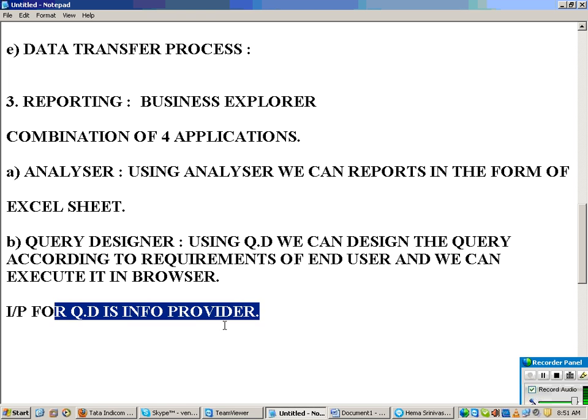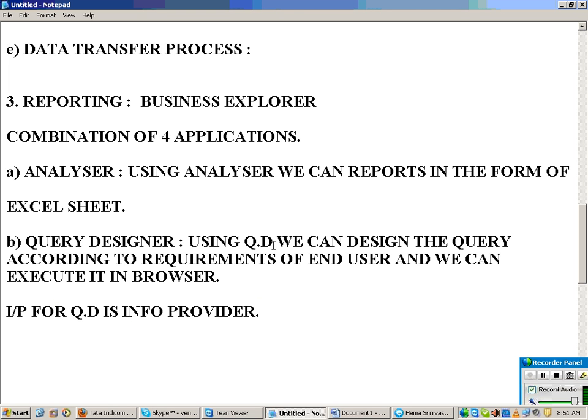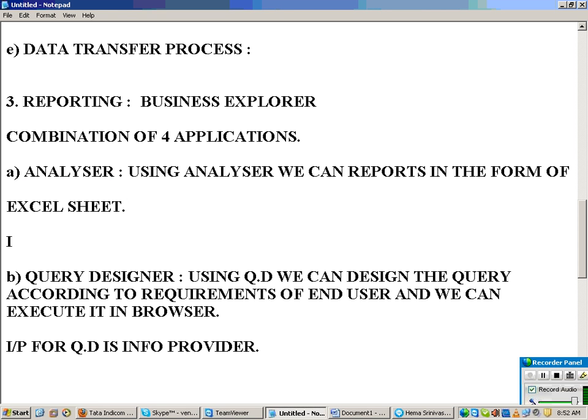Now let us say I have designed a query using Query Designer, but I don't want to see the output in a web page. I want to see it in an Excel sheet. So this query will be the input to my analyzer.